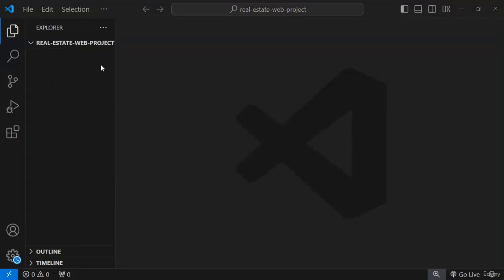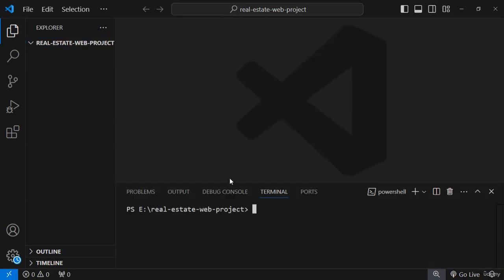So I have here created a folder, and inside that folder I am going to open my terminal by pressing Ctrl and backticks. And here I am going to type npx create next app, and here I am going to give the name of that project. I'm just typing estate web,